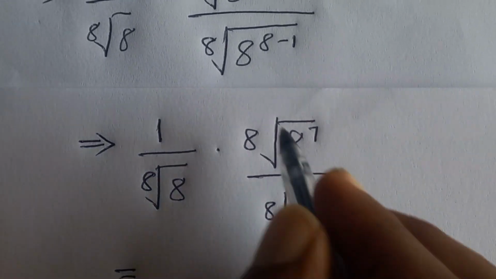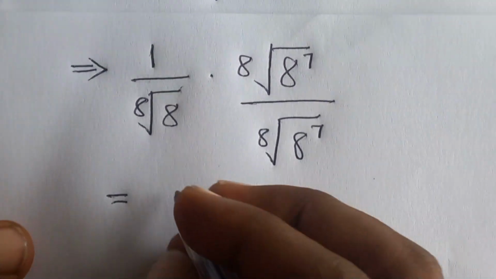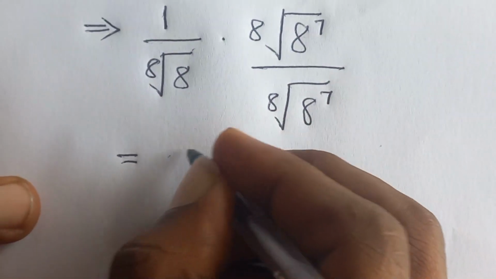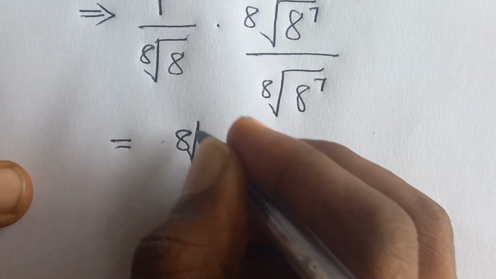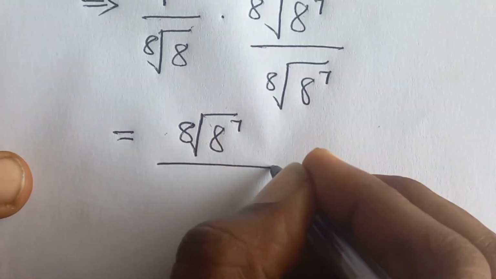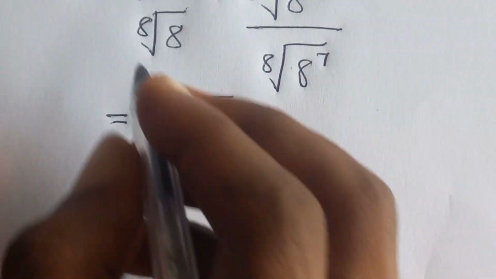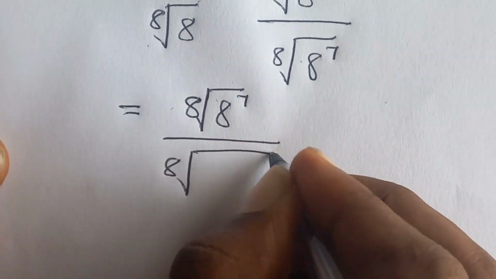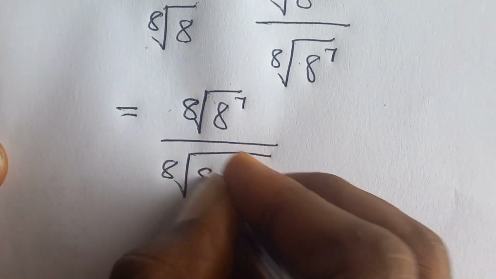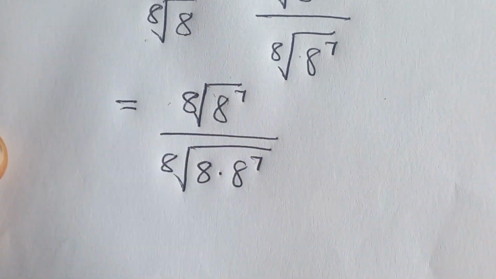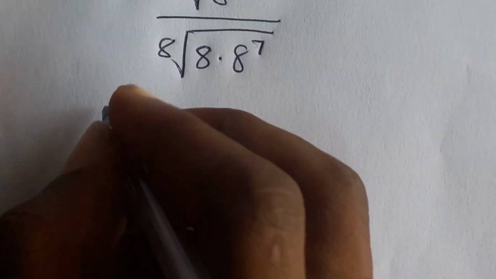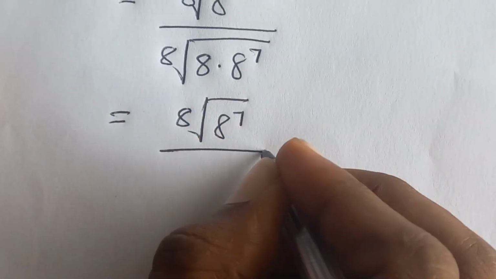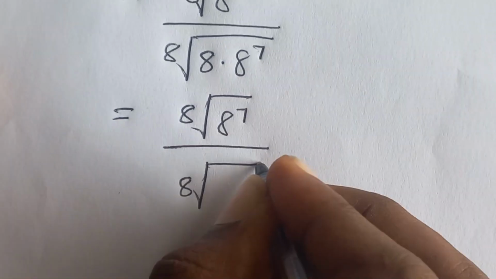So when you multiply, we are going to get 1 multiplied by this, we get the 8th root of 8^7 over, and then this one, we get the 8th root of 8 times 8^7. Which is equal to the 8th root of 8^7 over the 8th root of